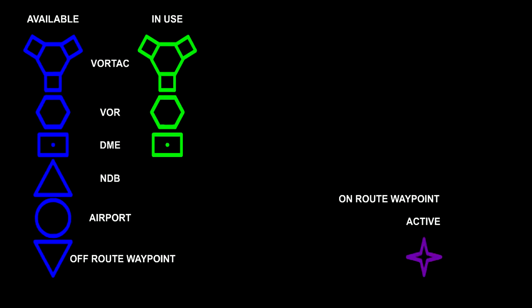An airport is a blue circle. The blue triangle is what Boeing calls an off-route waypoint. It means a known reporting point, usually in the local airway structure but not one which your route follows. This is an active waypoint. It is colored magenta because the aircraft is on the leg to this particular point. Other route waypoints, for instance, those on the legs ahead of the present one are shown in white.